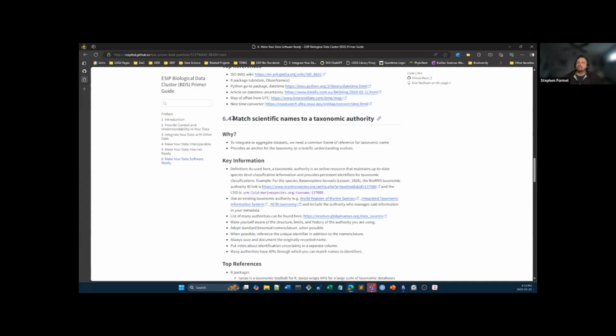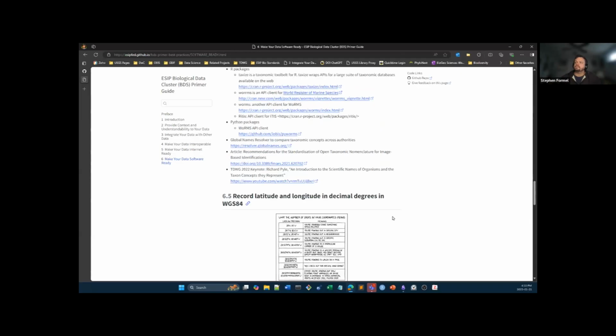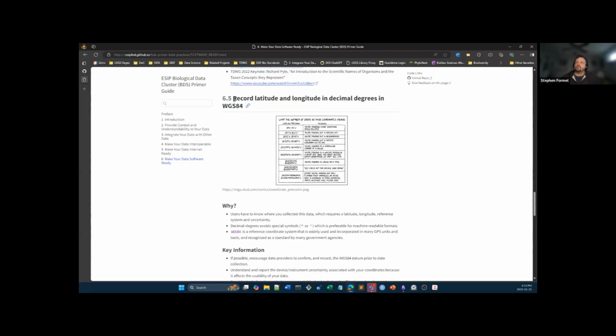And then matching scientific names to taxonomic authorities. A lot of us will assign names to organisms and stop short of connecting them to the rest of the world and the tree of life. And then also, recording space. Here we are offering this rather simple advice: record latitude and longitude in decimal degrees in WGS 84.